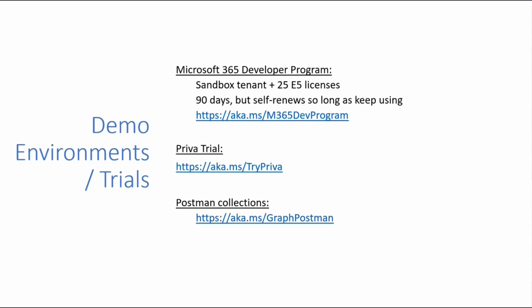If you're looking for ways to get a demo environment for this, as we mentioned previously in the community call, there is the Microsoft 365 developer program. With that, you can get a sandbox tenant with 25 E5 licenses, which self-renews. The other area, regarding licensing, is that there is a trial for Microsoft Priva. You can go to aka.ms/try-priva, and you'll get a set amount of those SRRs available inside your tenant, or you'll get it for a specified amount of time. So feel free to take a look at that as another way to try this out before you purchase. It's a great way to test it out and see if it's going to meet your needs.